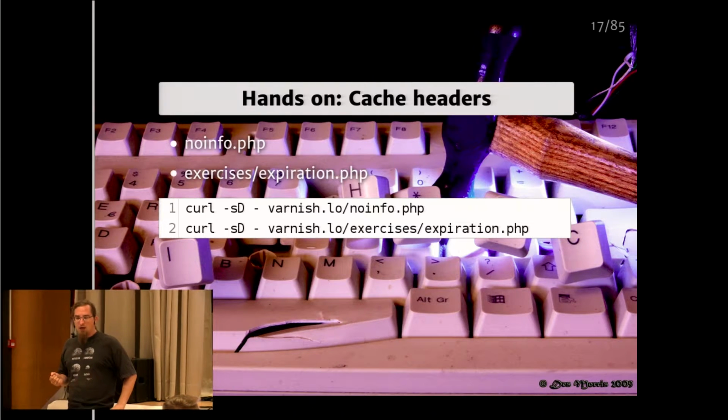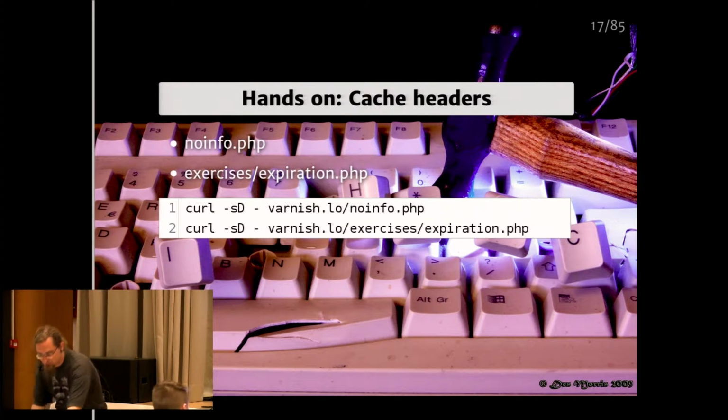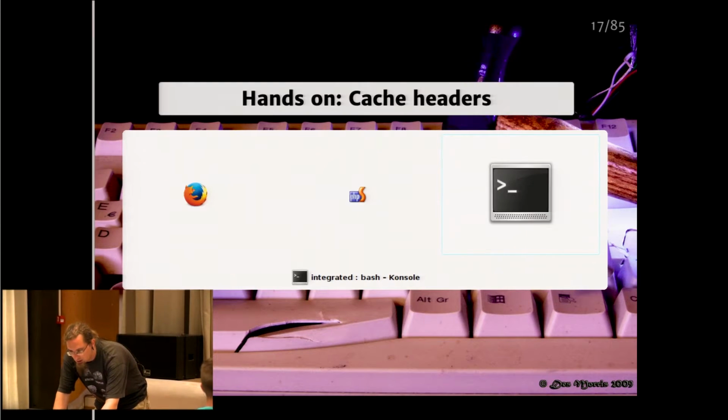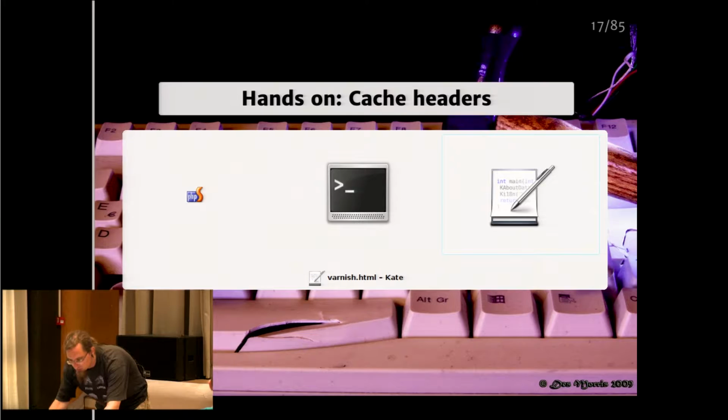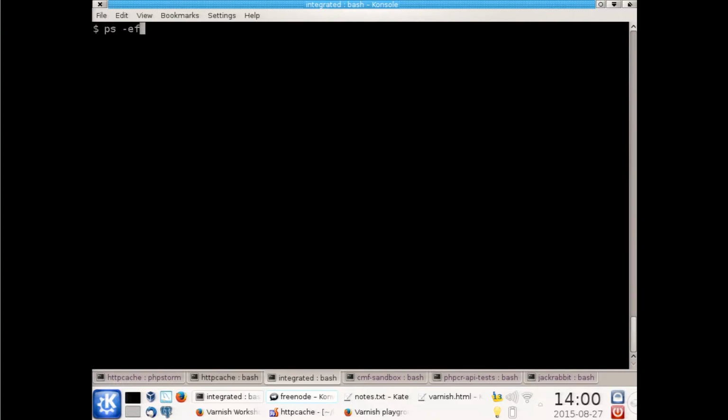So let's look at the first exercise and find out if the environment works. So the workshop is the HTTP cache folder. And a second, here. What you want to run is